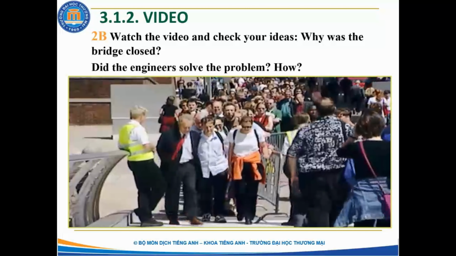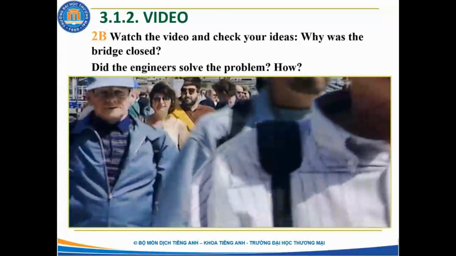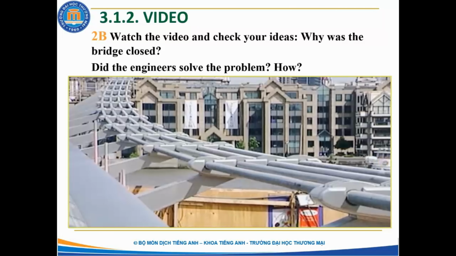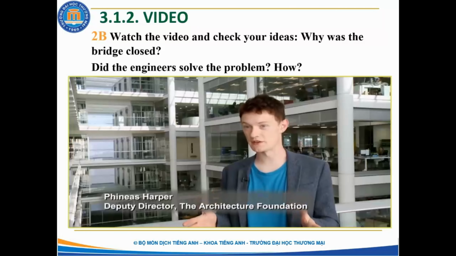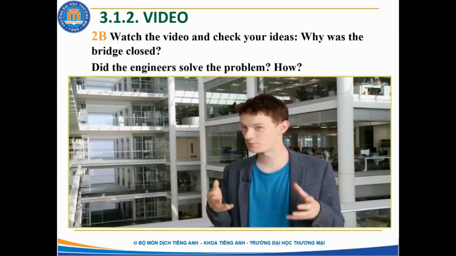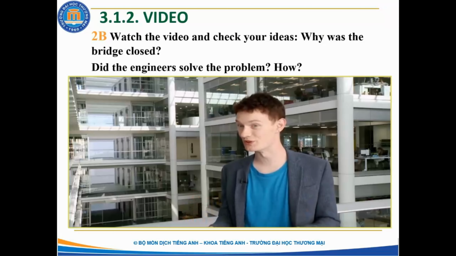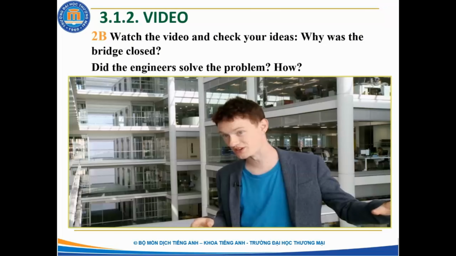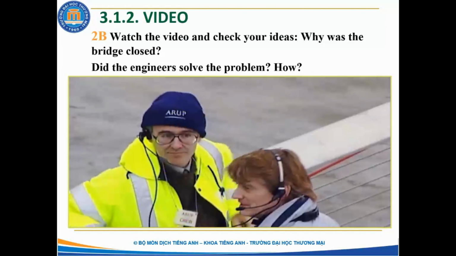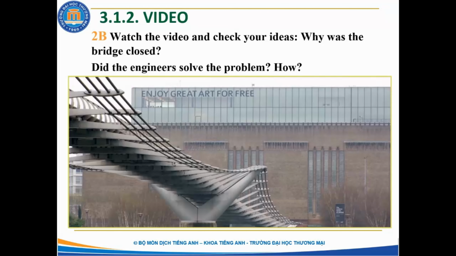What was making the bridge wobble? Was it safe? It wasn't a big movement, but people could feel it and were worried about the safety of the bridge. The Millennium Bridge opened in the year 2000 on the Millennium, but that was actually slightly behind schedule and slightly over budget. But in a project of that complexity, that's not so unusual. What was unusual was that when people started to walk across the bridge, it began to sway quite dramatically from side to side. The engineers were sure that the bridge was safe, but the team closed the bridge while they